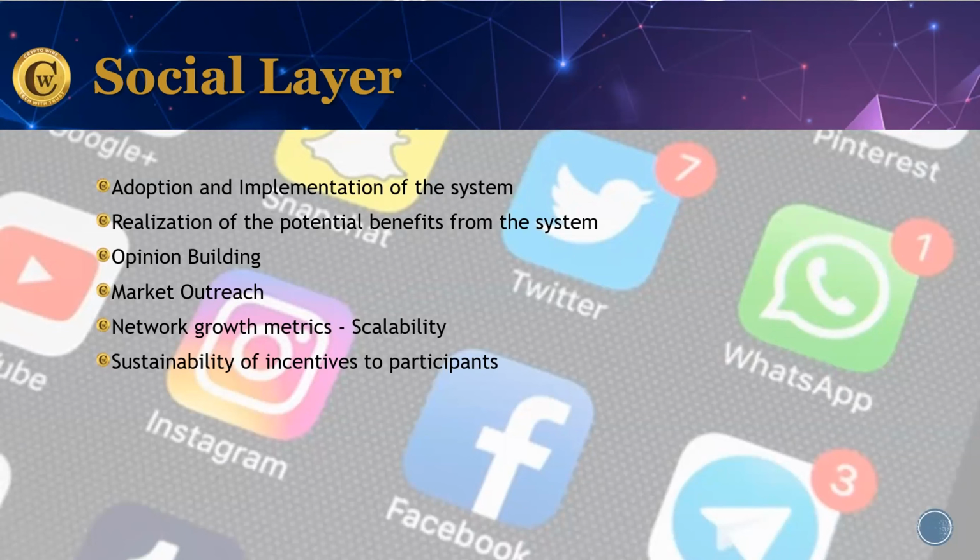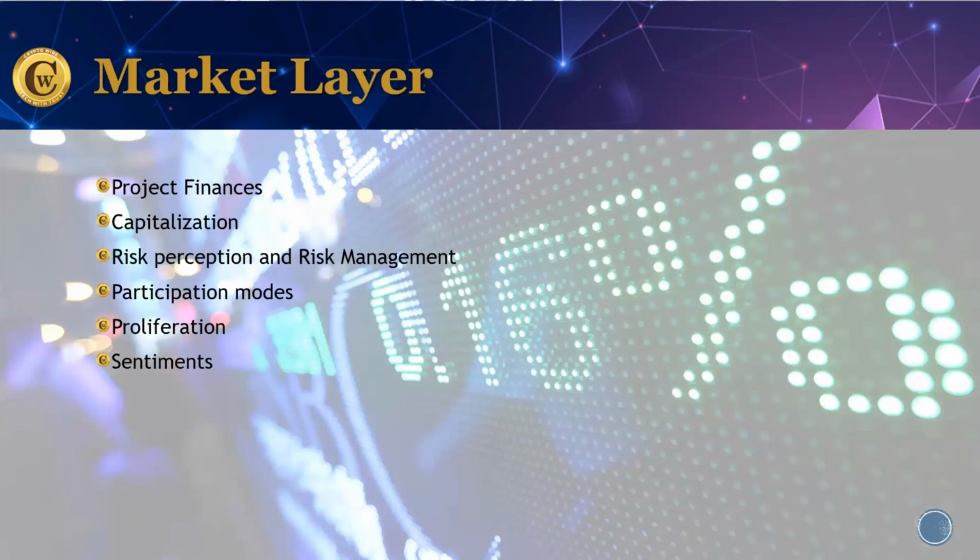रियलाइजेशन प्रोजेक्ट्स कैसे करके बढ़ रहे हैं, किस तरीके का ओपिनियन बिल्डिंग हो रहा है, किस तरीके का उसका मार्केट आउटरीच हो रहा है, एंटरप्राइजेस कैसे उसको अडॉप्ट कर रहे हैं, यूटिलाइज अडॉप्टर्स लोग को या नेटवर्क वैलिडेटर्स लोग को या कम्युनिटी को, ये कैसे करके सस्टेनेबल हो रहा है. ऐसा नहीं होना चाहिए कि जब अडॉप्शन बढ़ता जाए तब उसका इंसेंटिव स्ट्रक्चर जो है वो घटता जाए और एक ना एक टाइम पे वो अनसस्टेनेबल हो जाए. तो फिर उसका लॉन्ग टर्म इम्प्लीकेशंस होता है और शुरुआत में ही लोग उसको रिजेक्ट कर देंगे ये सारे प्रोटोकॉल्स को. So the social layer is also very important to understand how a cryptocurrency should be valued.